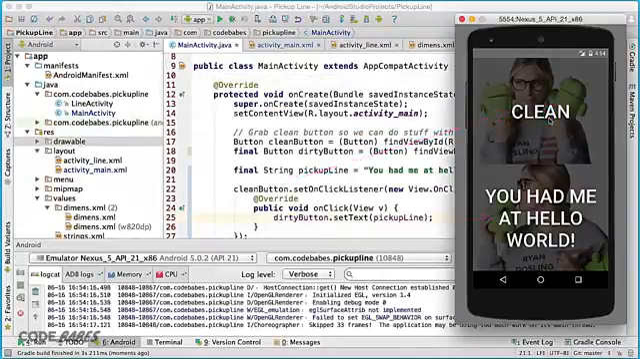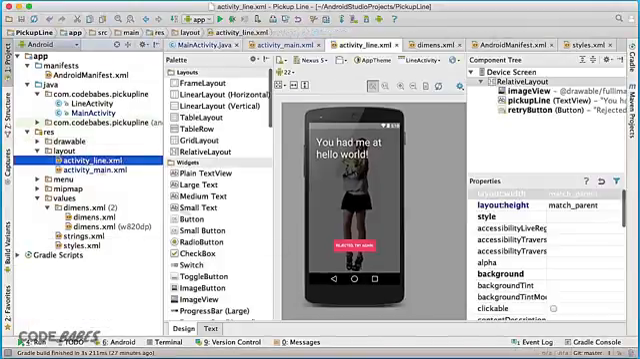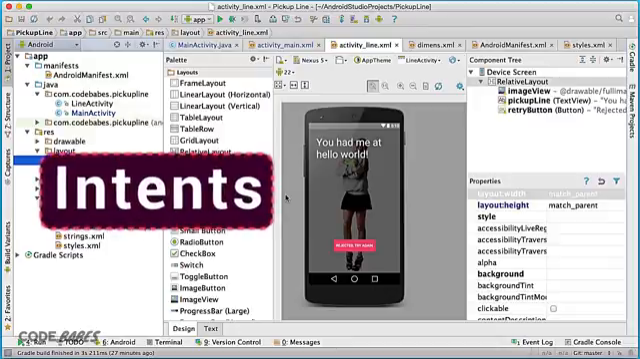Amazing, but not exactly what we want. We need to find a way to open our second activity screen and pass data to it, in this case, our pickup line, and then use a retry button to bring us back. The way we do that is with intents, which is how